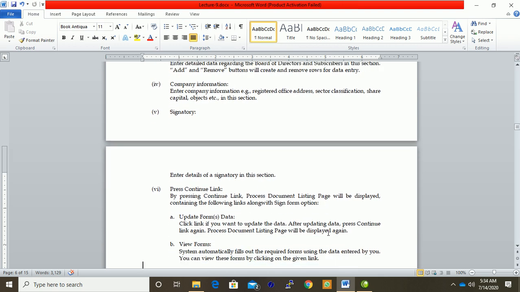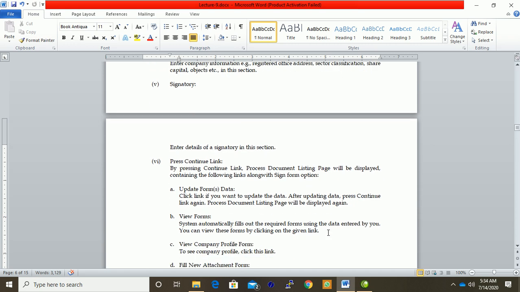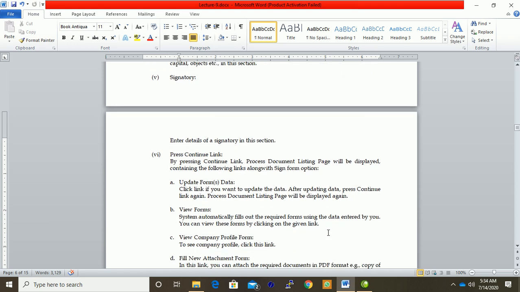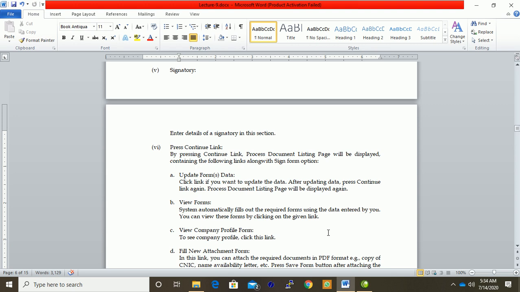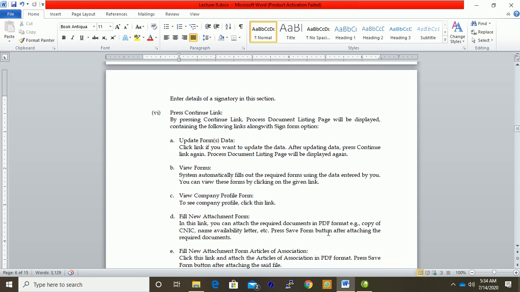Press the continue link: update form data, view form data, view company profile information, or fill new attachment form. In this link you can attach the required documents in PDF format, such as a copy of the CNIC and the name availability letter. Press the save button after attaching the required information.